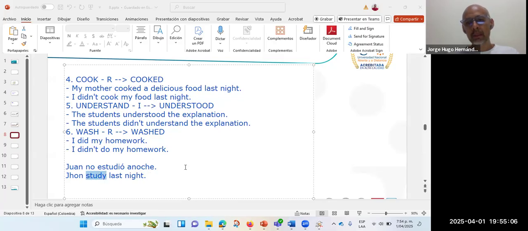¿Qué es lo clave acá? El verbo. Entonces el verbo es estudió, tiempo pasado. Entonces tengo que coger study si es un verbo regular o irregular. En este caso study es un verbo regular, termina en Y, le cambio la Y por I latina, le agrego el ED. Ahora nos queda faltando el no. Entonces nosotros nos ponemos a pensar, ¿cómo decimos no estudió? Muchos van a decir, John not studied last night. Wrong, that's not correct, ¿no?